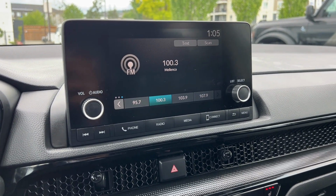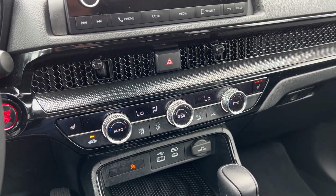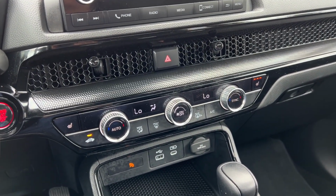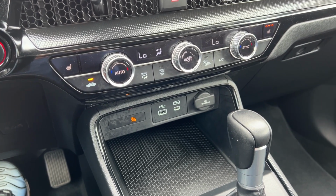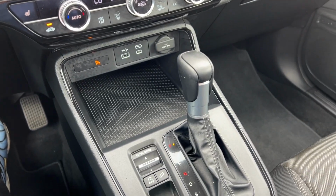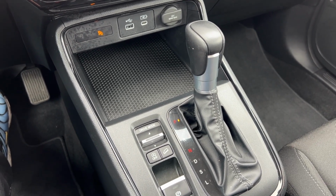You've got your volume and tuner and media controls, air vents and hazard light, dual climate control system with heated seats, air conditioning, defrost, and more functions, room for storage underneath with a 12-volt outlet, USB and USB-C charging ports, your gear shift dial, selectable drive modes to switch them depending on the road and weather conditions, hill descent control,